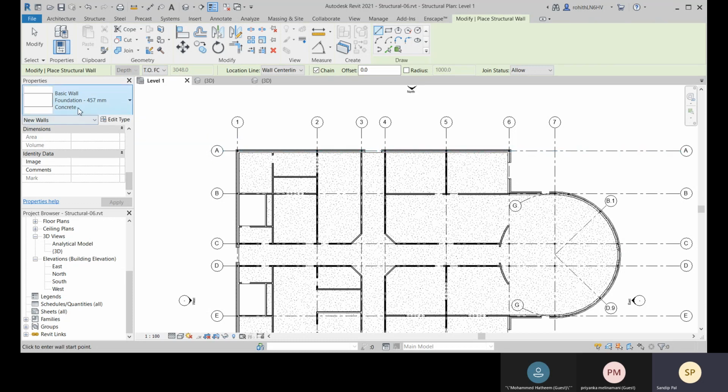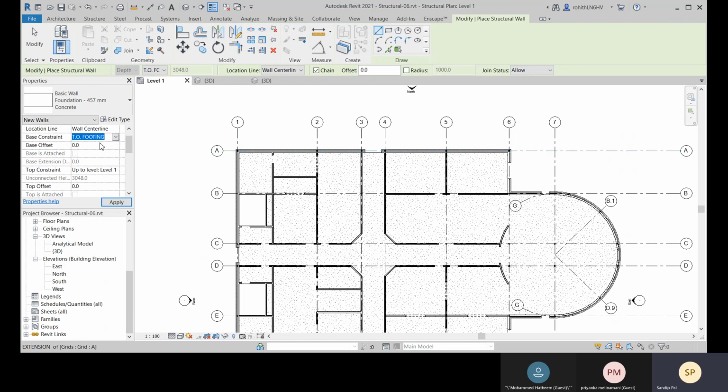After selecting it, this will go for the depth. Here you cannot specify the height. You are currently at Level 2, so that will be your base constraint, that is Level 1, right? You see that the base constraint is going to the top of footing.